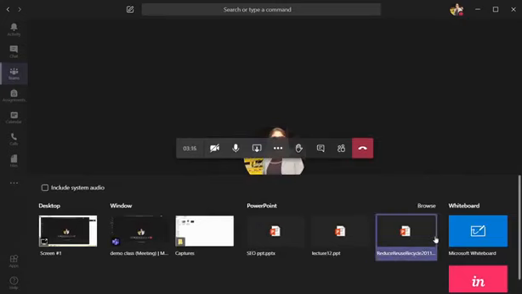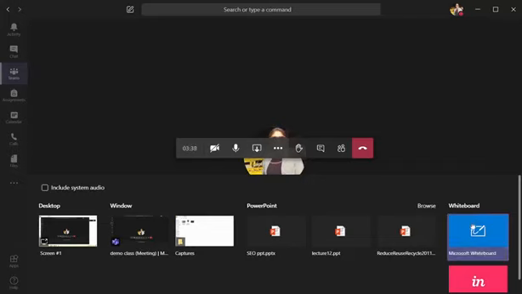Now you can even share a PDF file. As you all know, the State Board has uploaded the textbooks in PDF format on eBalbharti. You can download it on your device and then go to browse, go to that location and then share your textbook with the students and explain with the textbook also.